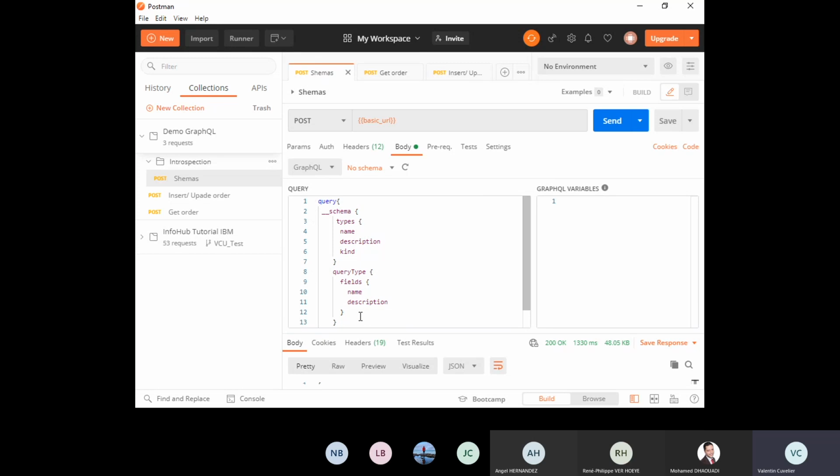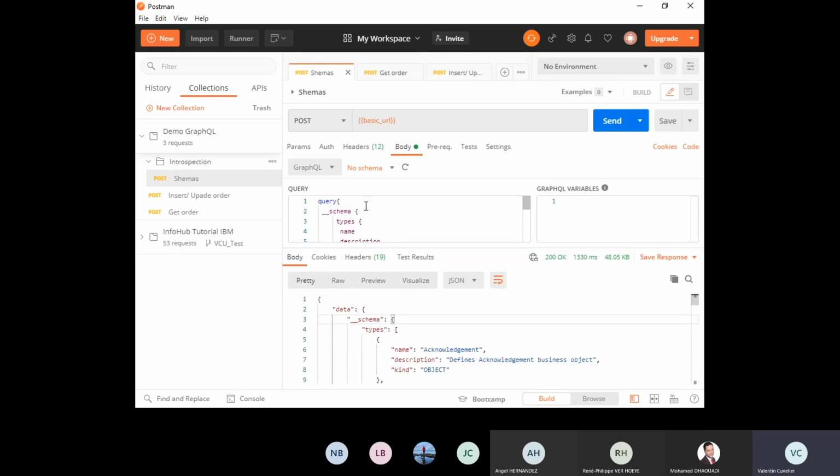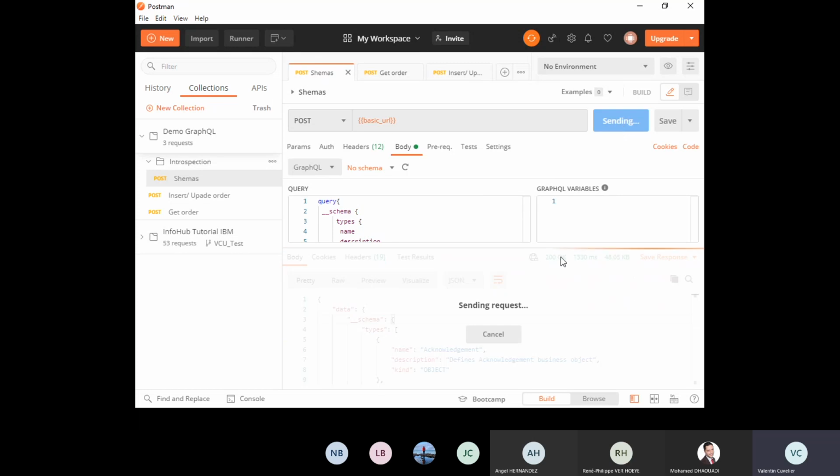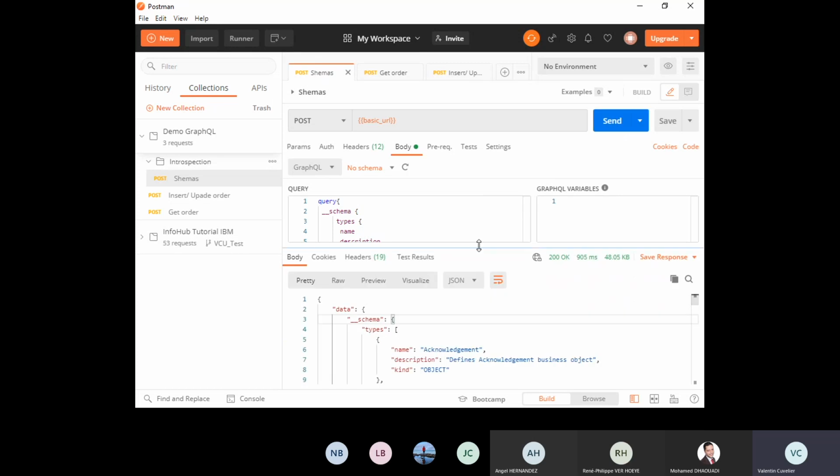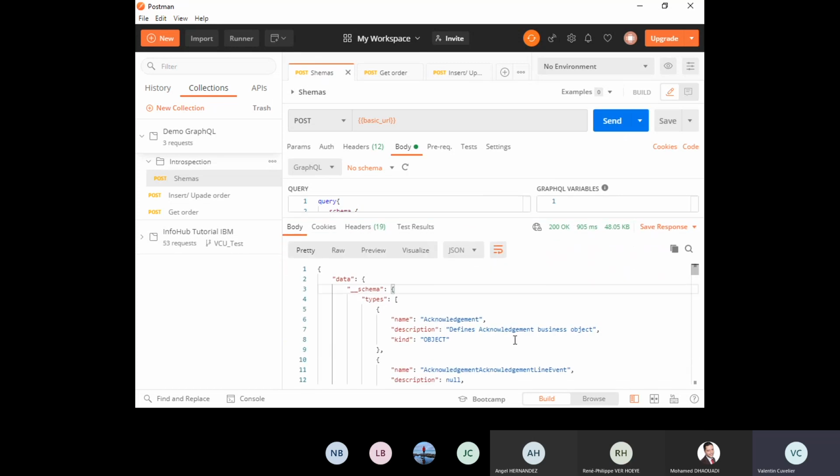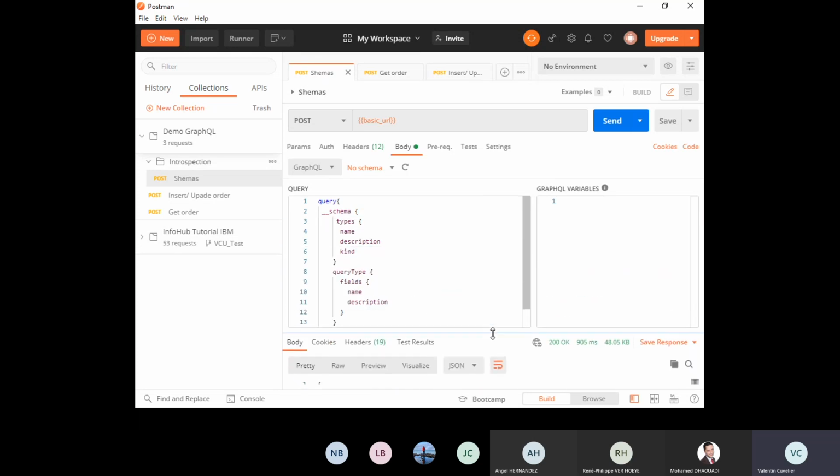We have the same query as in GraphQL, so we can create it here also, and we have exactly the same results, as you can see in Postman and GraphQL. It's good news. You can also create your query with more details. Here it is a really basic introspection query.